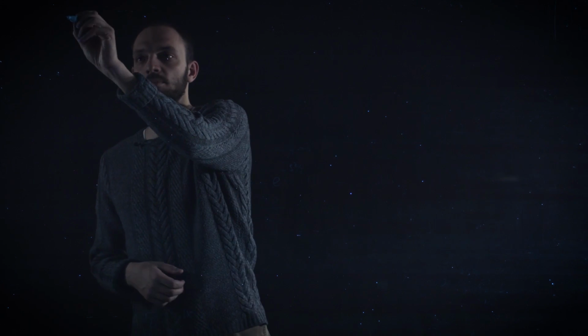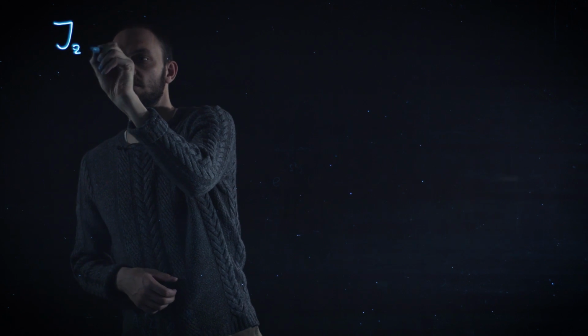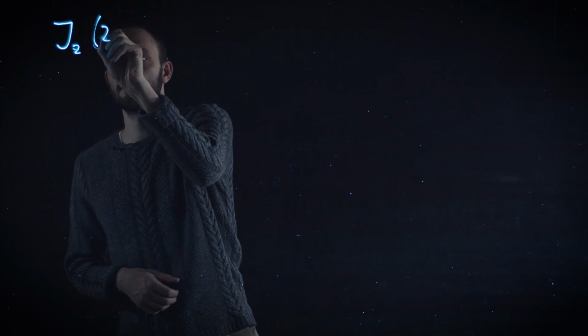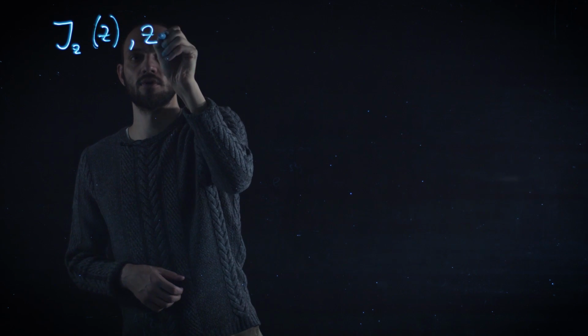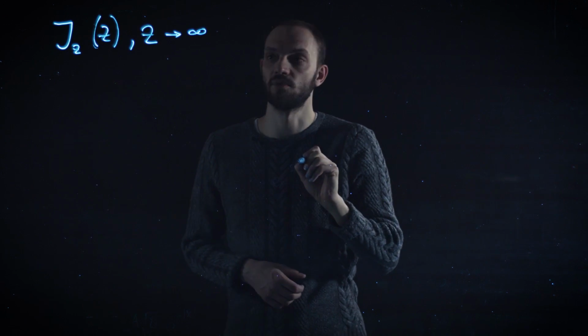In this lecture, we will consider some special cases of the applications of the saddle point integration techniques. And we will start with a not so standard case of the Bessel function, in which both index and argument tend to infinity simultaneously. In particular, we will deal with J with index z and argument z,